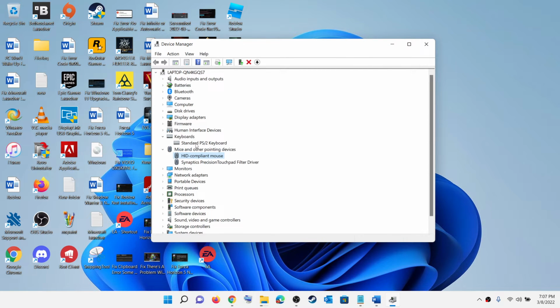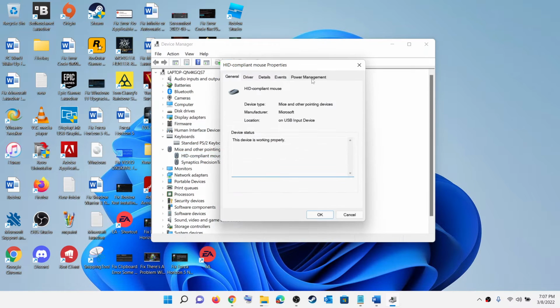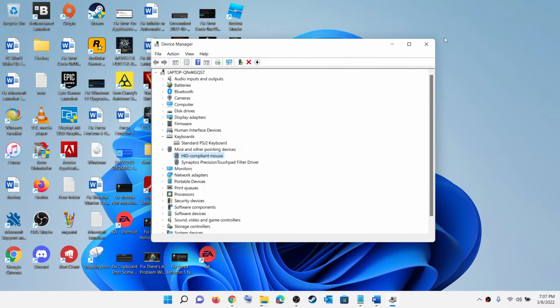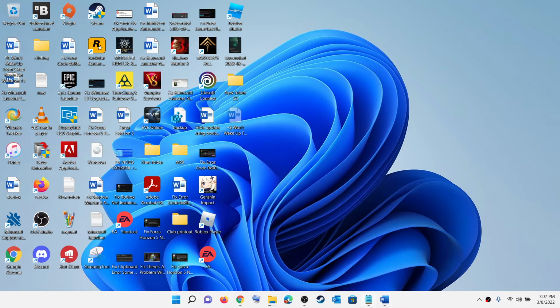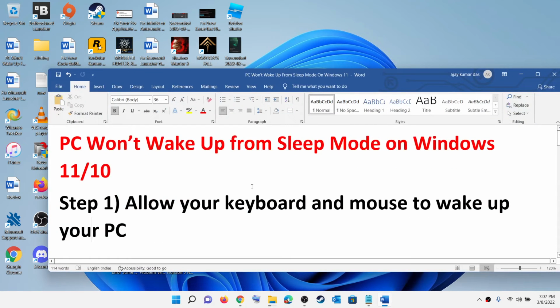Now do the same thing with HID compliant mouse and HID compliant keyboard. So just make a right click, then select properties, go to power management, and then put a check on the box over here, and then click on OK, and then restart your computer. And that should go ahead and fix the problem. Now, if it's still not waking up,